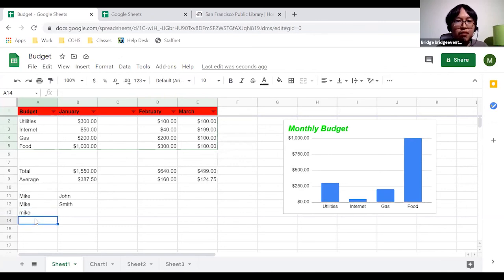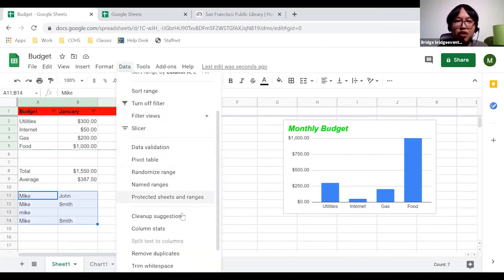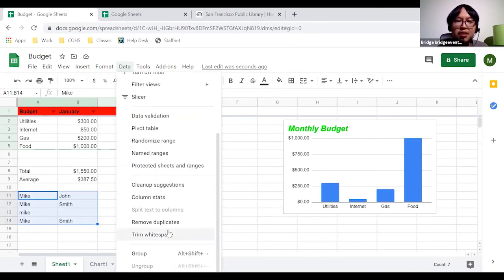So next I'm going to go over how to remove duplicates. So you might have a long spreadsheet of information, and there might be names, there might be phone numbers, there might be duplicates, and you don't want to look through them all because there might be a lot. So I'll select the information first. So I have a small set right here. I'll go back to data, and I'll go to remove duplicates. So I'll click on that,